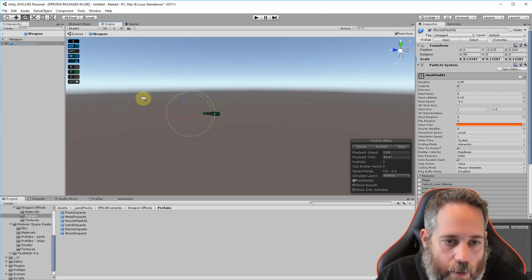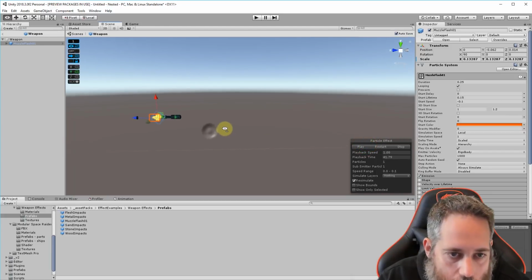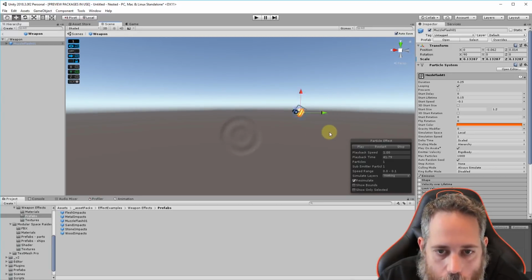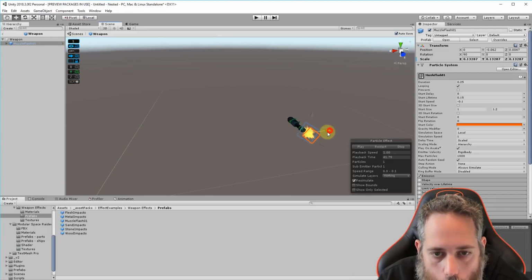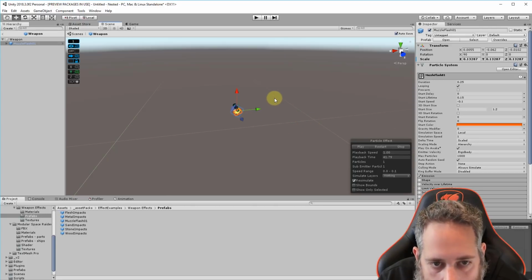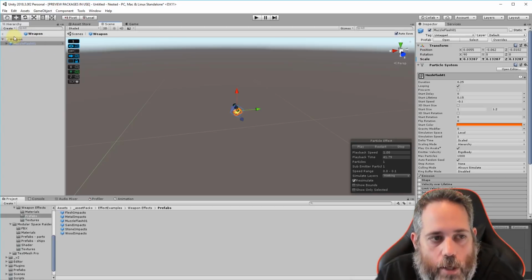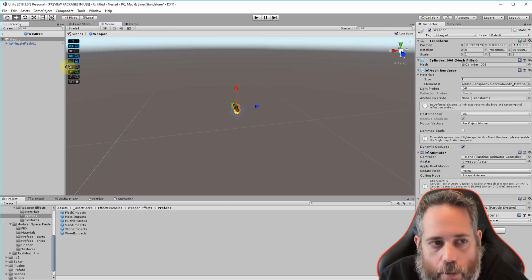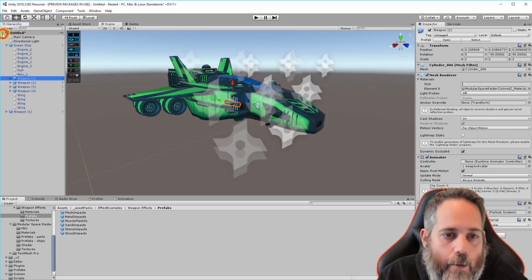There we go. And if I look at it from here, I can see that it's still too far away. In fact, I can even pause the particle, make it a little bit easier to work with, and just kind of line it up so that it's pretty close to the front of the weapon right here. So something like that, and maybe up just a tiny bit. Somewhere, that's pretty close. So now I've got this muzzle flash in the right position as a child of this weapon. And if I select the weapon and update this reference, so I just drag it from there right into our muzzle flash and go back,